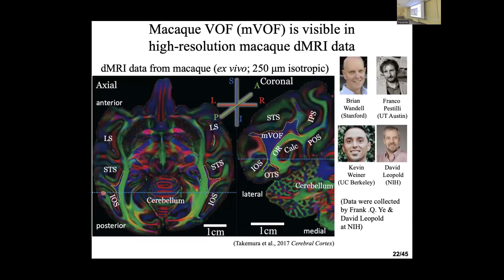Then I'm cutting the section here broadly, showing the coronal section. You can see a group of blue to purple voxels located in the lateral side of the white matter, lateral and adjacent to the occipital optic radiation. Then you can see some continuous diffusion signal from dorsal to ventral, toward the occipital ventral visual cortex in the macaque monkey brain.